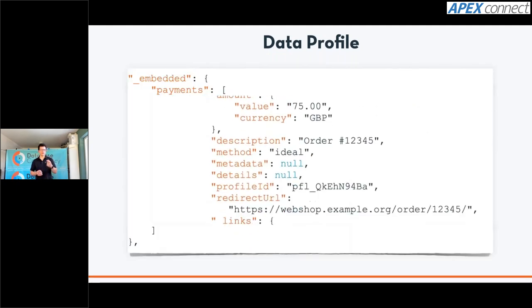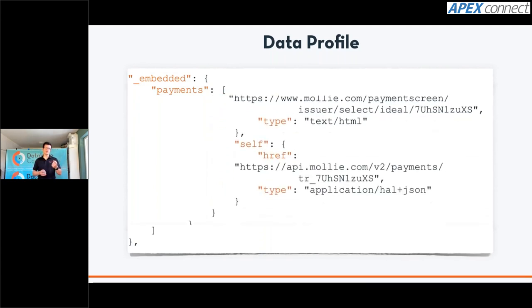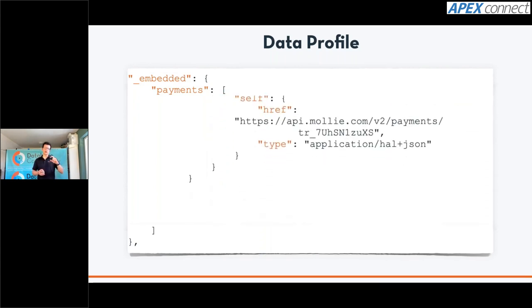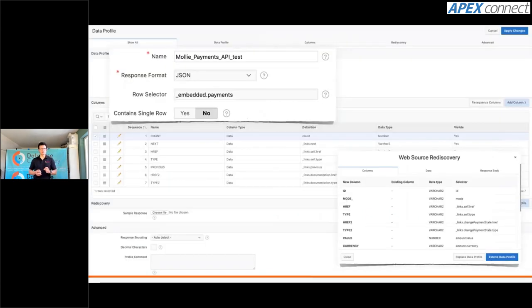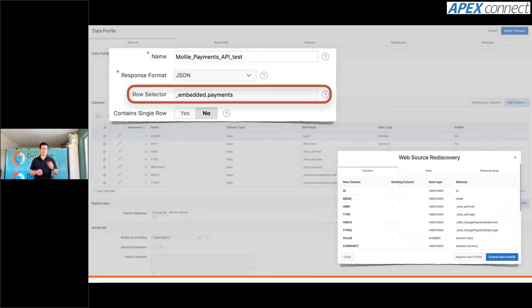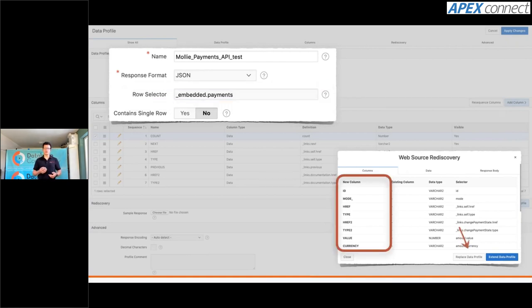So what you see over here is how the data profile looks when there is data. I need the data in payments, in embedded.payments. What you can do for that is go to the row selector in your data profile, and type in the path in the JSON where you want the data from. After that, you can replace